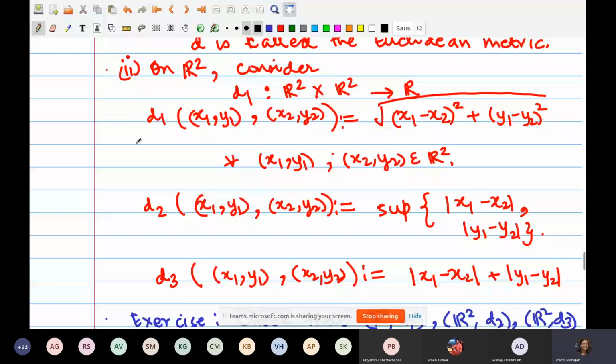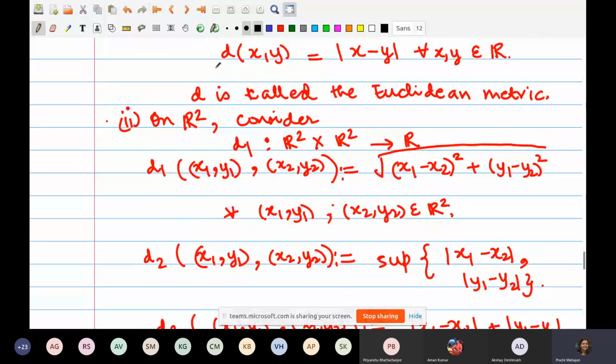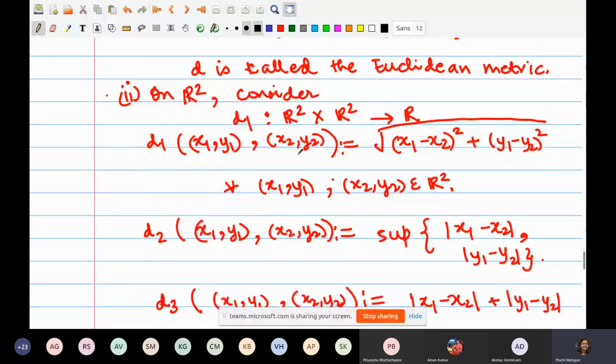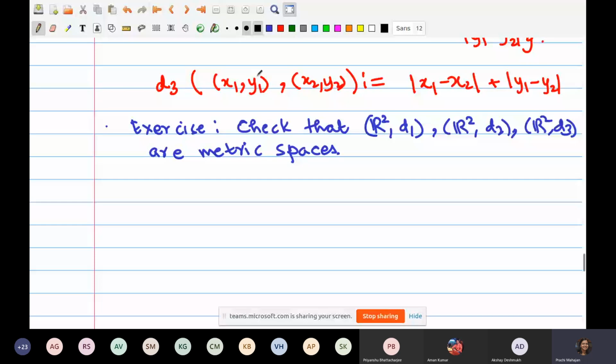Okay, I assume there are no questions. Let's go ahead. Now you might wonder: on the real line and on the Euclidean 2 space, you already have a notion of distance. This D is something that you have been doing forever, and so is D1. Why go to metric space and bother about all these unnecessary things? Here is an answer to your question. Let's look at example 3.